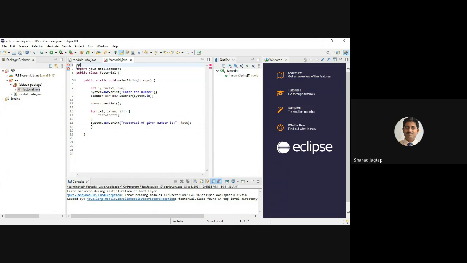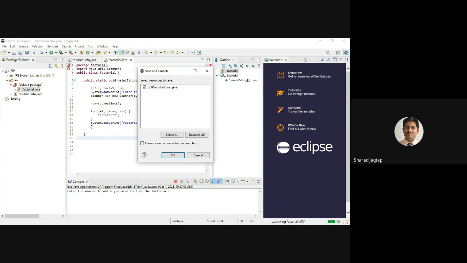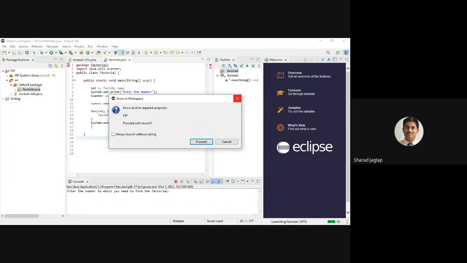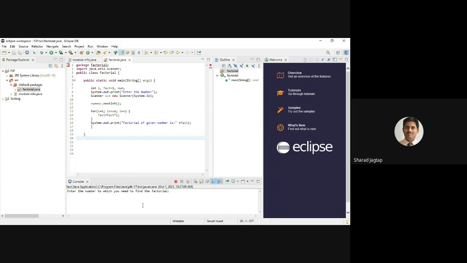If we get the error, then we can select package factorial. Okay, now there is no error, and here we got the output.